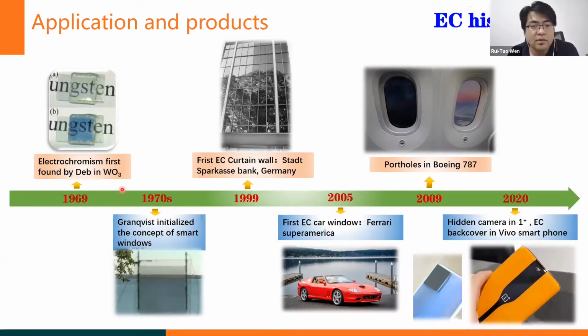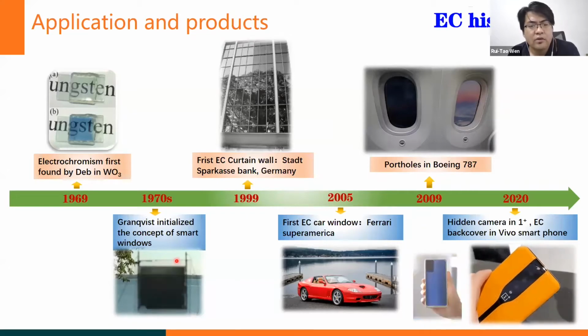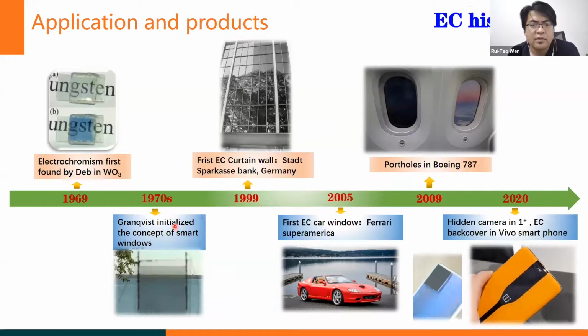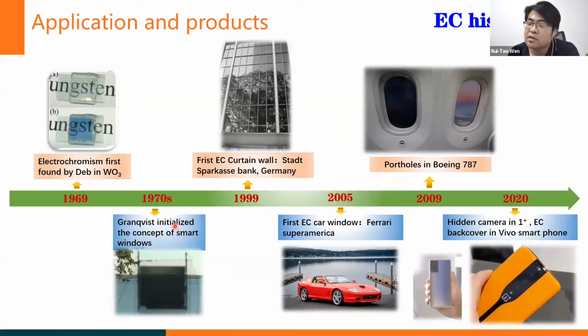But at that time, in the 1970s, liquid crystals were developed very fast and had the advantage of fast response time. For electrochromic devices, the response time is not as good as liquid crystals. So in the display industry, electrochromic technology didn't stand up, and scientists then initiated the concept of smart windows,